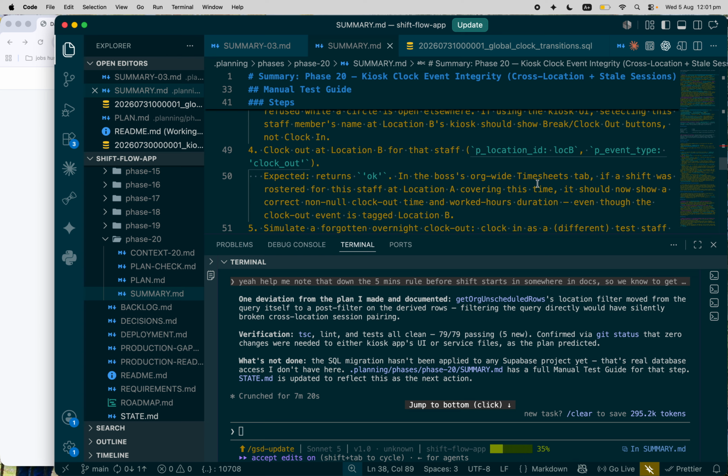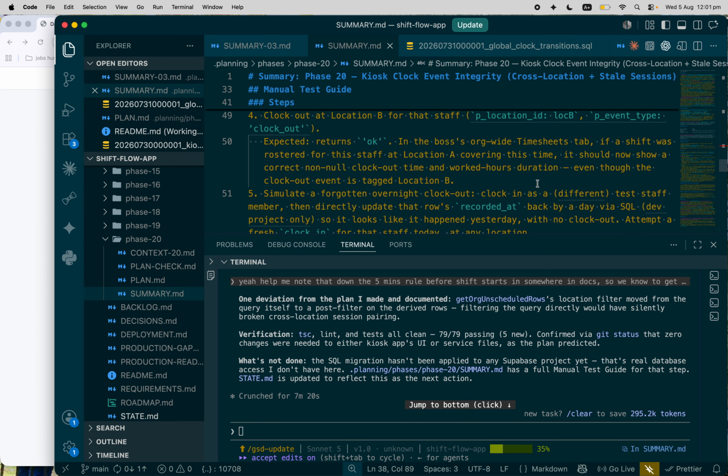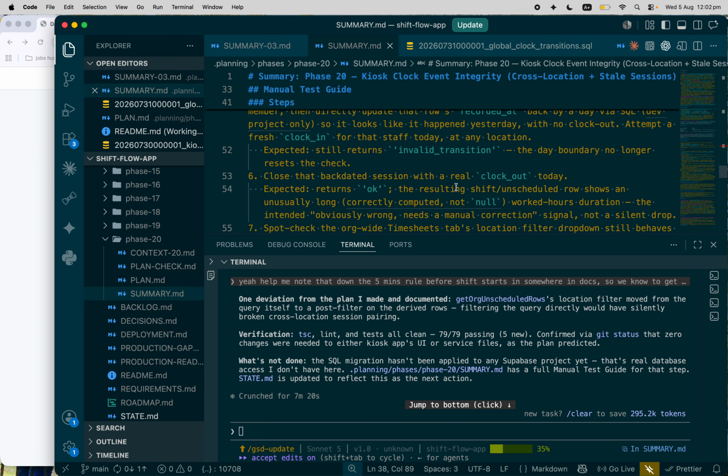Clock allocation B for that staff. Because this phase is quite complicated, it's a big one and it affects other phases as well. So now a correct non-clock-out time and work area duration, even though the clock event is start location B, simulate for one overlap. Close the dictated section with